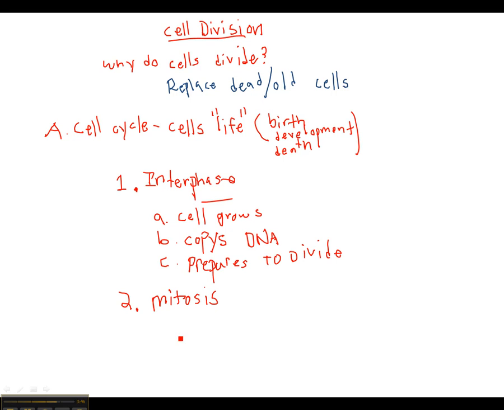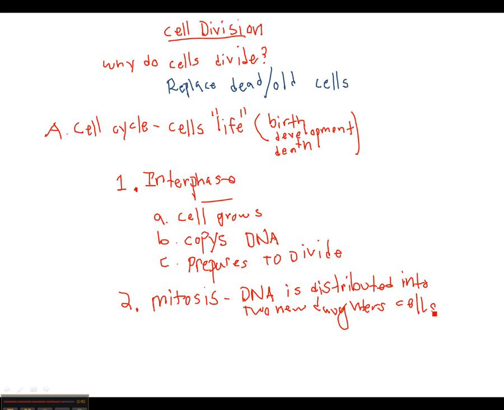Mitosis is when the DNA that's copied is passed into two daughter cells. So let's just say mitosis: DNA is distributed, this is what the book says, into two new daughter cells, okay? So that's the two new cells that are produced. Oh no. Okay? And this has a lot of stages in it, and we're going to go over those in class.